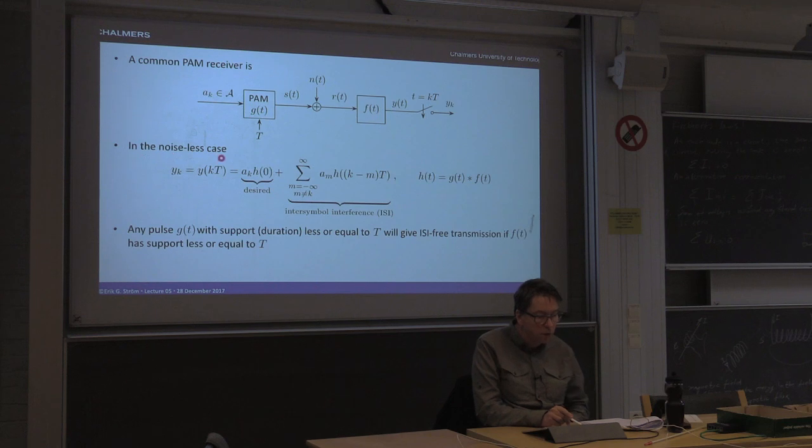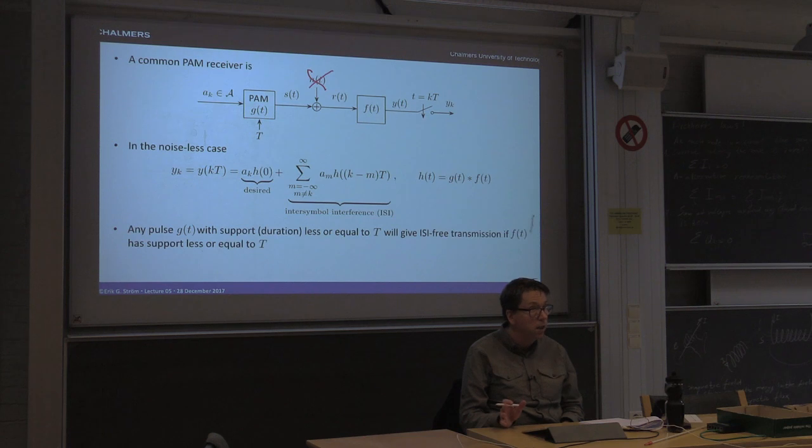Okay, so let's look at the noiseless case. Essentially, we forget about the noise for the time being, and just look at what Y is then. Well, we know that this will be a pulse amplitude modulated process where the basic pulse is the convolution between G and F, and let's call that H. So H is the convolution between G and F, and then we would like to take samples of that signal Y(t), one sample every T seconds. And then it's easy to show that Y_k is equal to